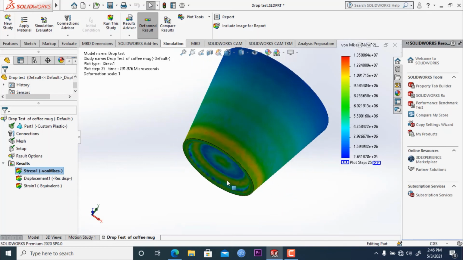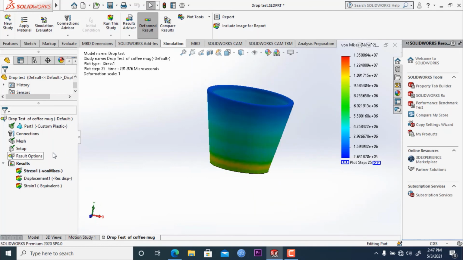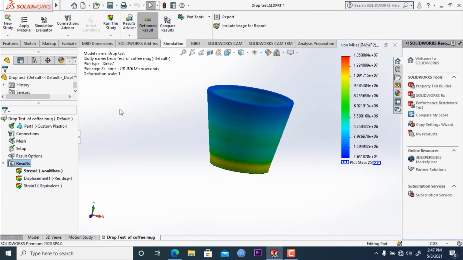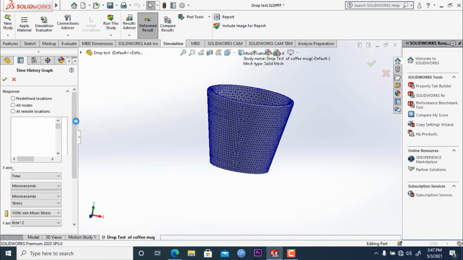So we will now see some other options for how we can plot different types of results. If we right click on it, here you can see define stress plot, displacement plot, and strain plot. The new option is define time history plot. If we click on it, here you can see